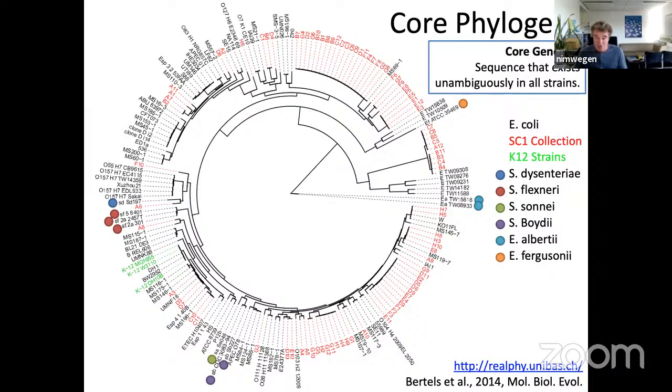Now, what is already striking is that from this one spot, basically at one point in time, you find a very big diversity of strains covering most of the E. coli phylogeny and even covering an outgroup here that is about 8% diverged from all the other strains.